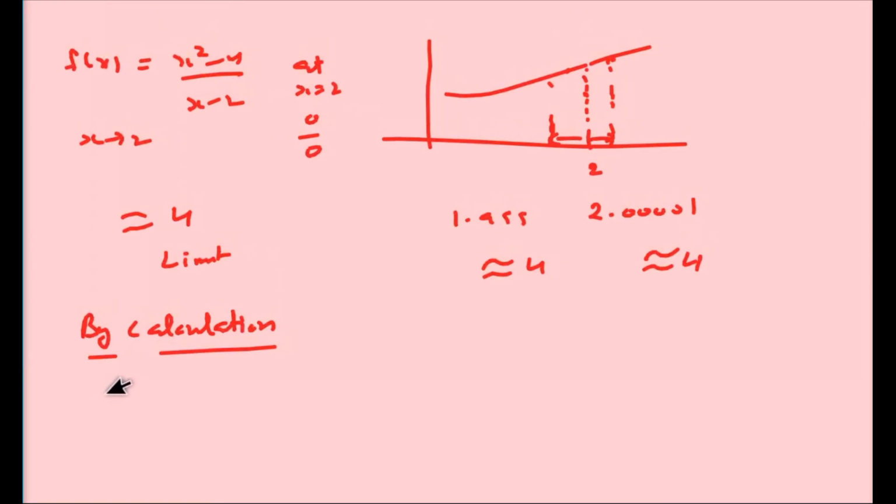So we can say this also, f(x) equal to x square minus 4 upon x minus 2, it will not be defined if x equals 2. Okay, it will not be defined at x equal to 2, right? So for x not equal to 2, it can be described on the graph paper. You can find the value except at x equal to 2, right? So students, we can say